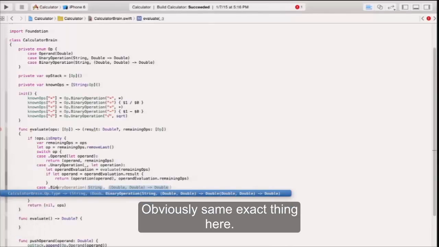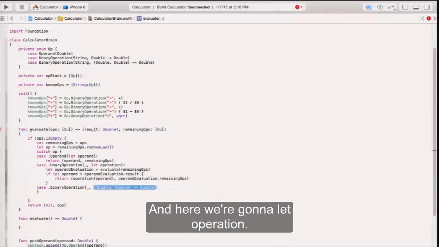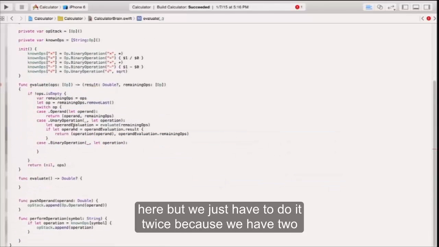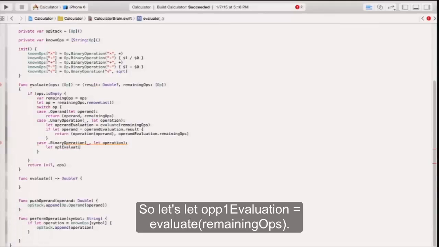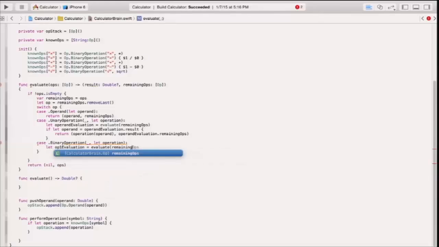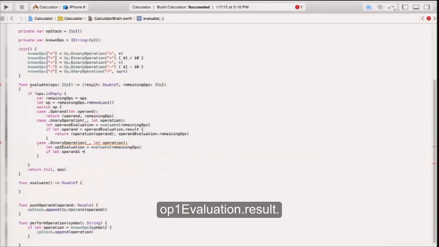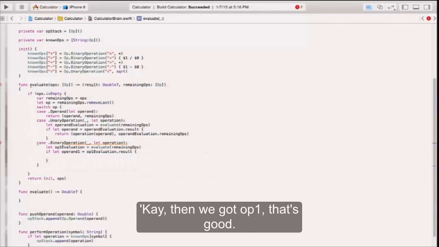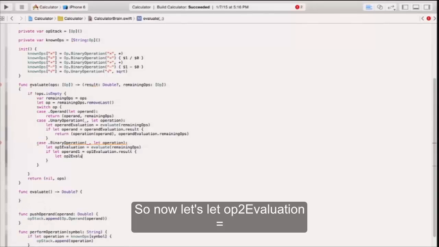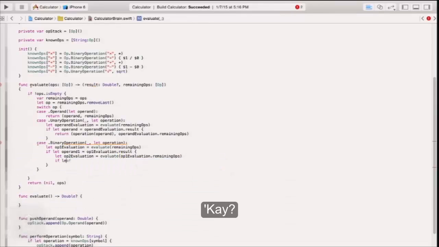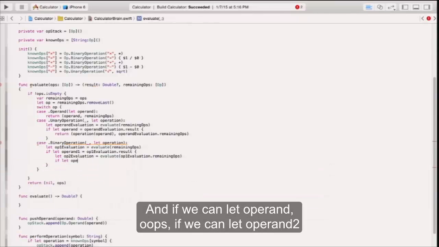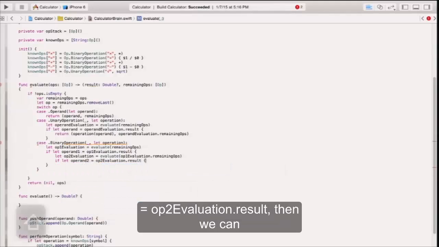Now binary operation. Let's do case binary here. Obviously, same exact thing here. We don't care about that. And here we're going to let operation. And we're going to do exactly the same thing we did here, but we just have to do it twice because we've got two operands. So let's let our op1 evaluation equal evaluate with our remaining ops. And then if we can let operand 1 equal the op1 evaluation result, then we've got op1, that's good. So now let's let op2 evaluation equal recurse again with op1's remaining ops. And if we can let operand 2 equal op2's evaluation result,